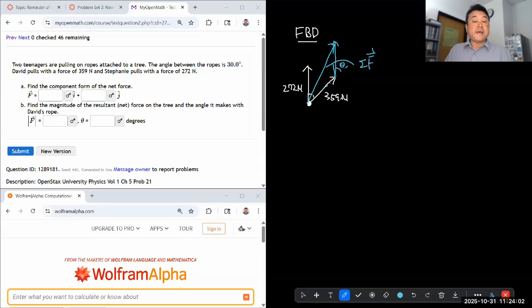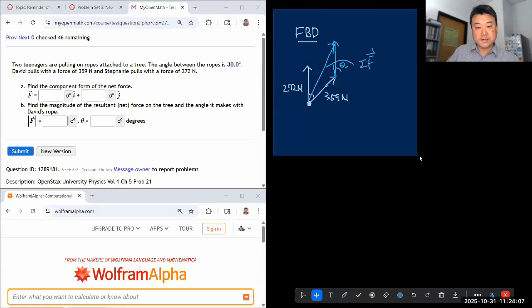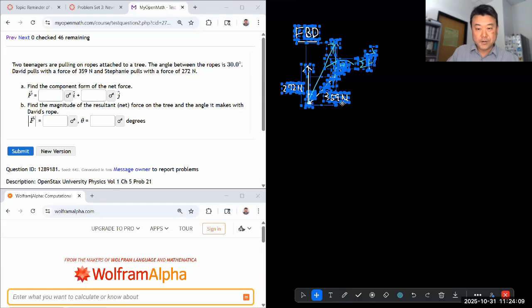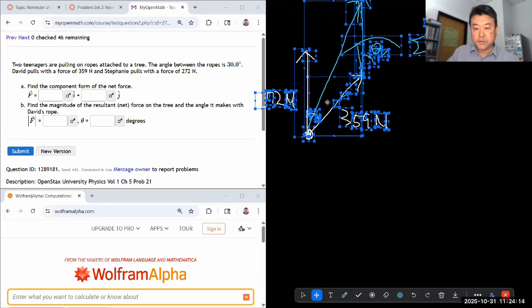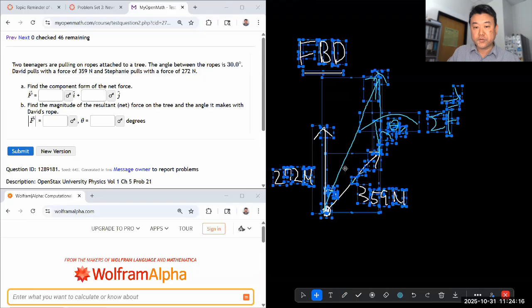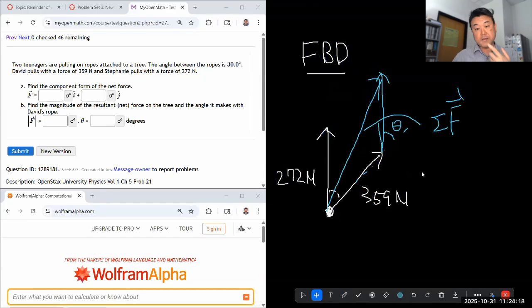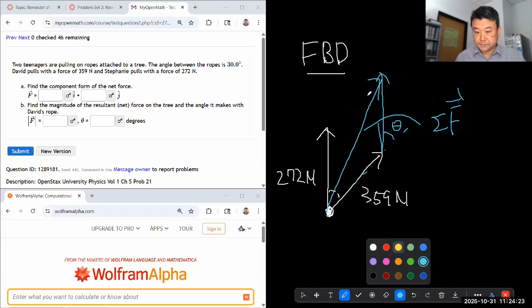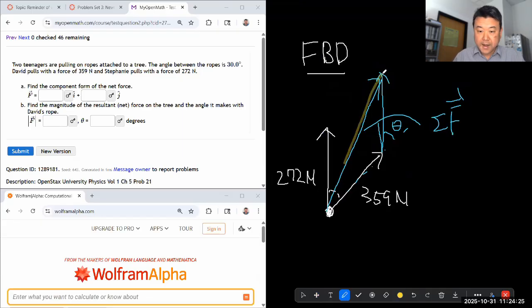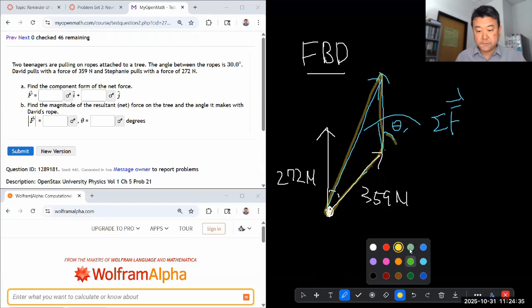Good. Now, this is what I want to tell you. You can do this answer, at least the magnitude for this question, without ever breaking your forces into components, because there's a geometric approach to this question. You can look at this triangle and figure out the lengths of the sides of this triangle from the given information. So you are given the angle theta here, which means you can figure out this